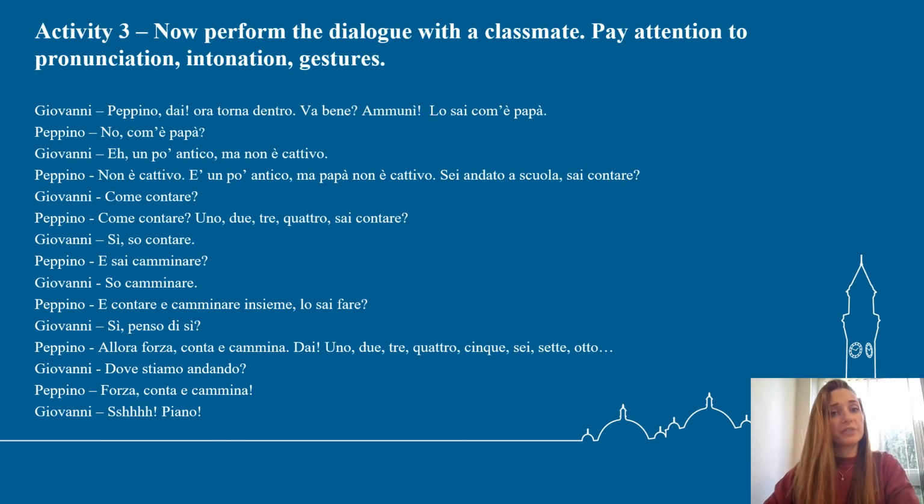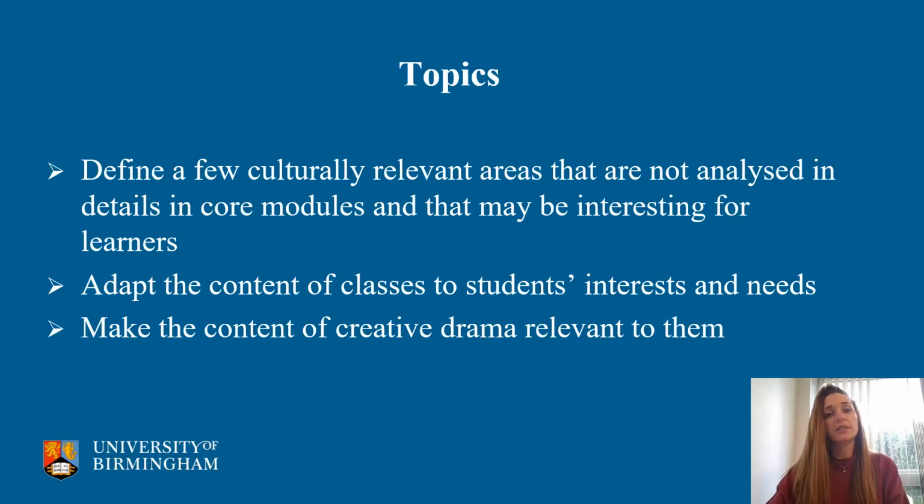The third part of this activity requires students to check the punctuation that they have just written by listening, by watching the scene of the movie again, and then to perform the dialogue by paying attention to pronunciation, intonation, pauses, gestures. The second element that I pointed out as fundamental in order to be able to answer the question,